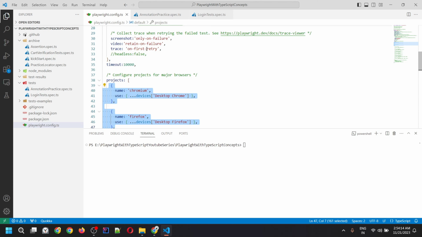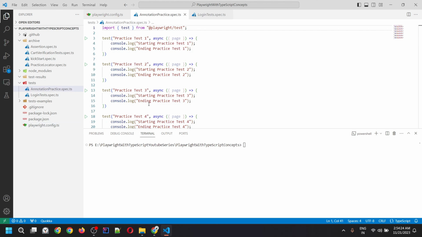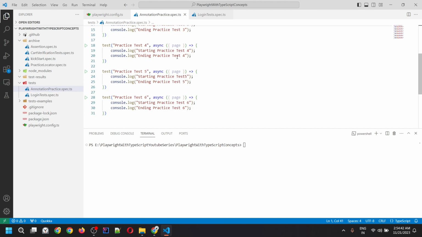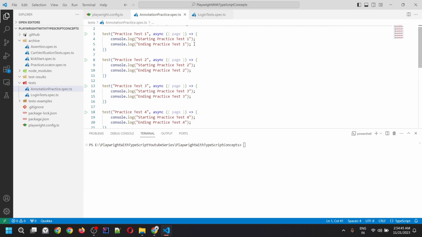Now coming to the scripts which we are going to use. The first one is this annotation practice.spec.ts. Here I've just created some tests where I've put a console log for the starting of the practice test and the ending of the practice test. In a similar pattern, I have created 6 different test cases. Here the actual code would come, but just to make it simple and easy to understand, I used this console log. But here you would be putting your actual code where we would be performing the different actions onto the